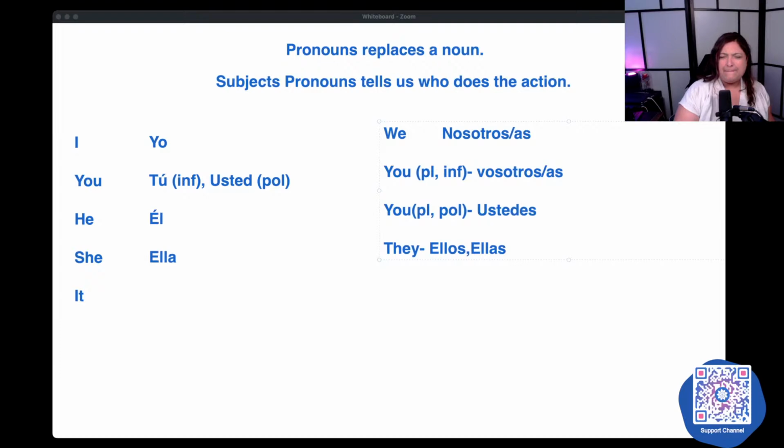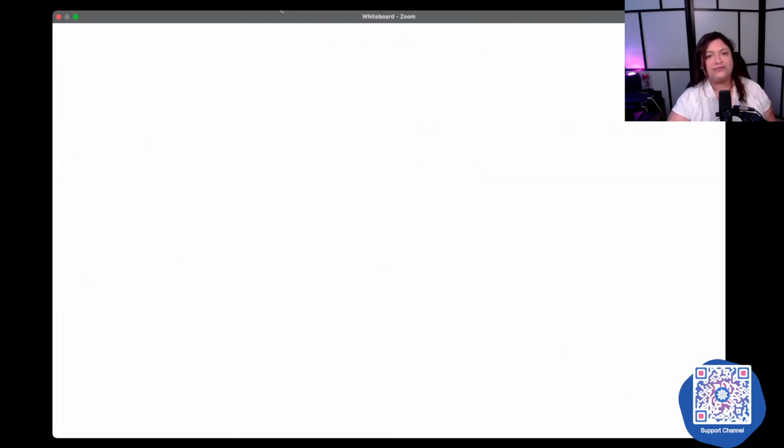So then, how do verbs come into the picture? Well, just like in English, right? We have the subject pronouns. This lets us know who does the action.